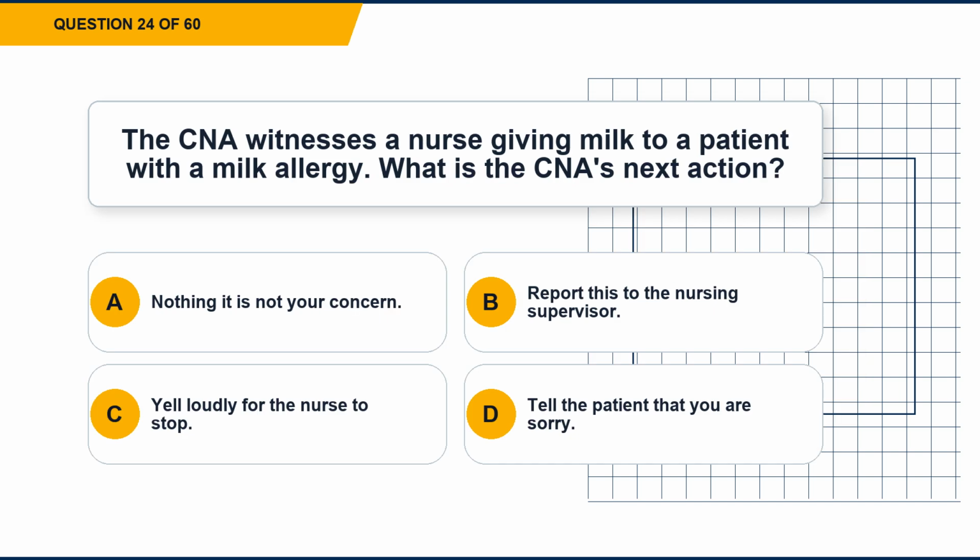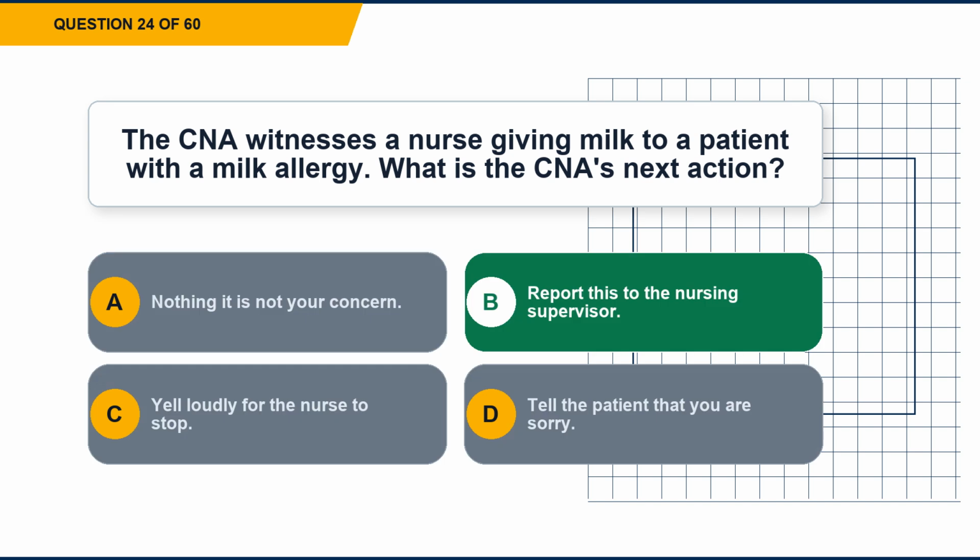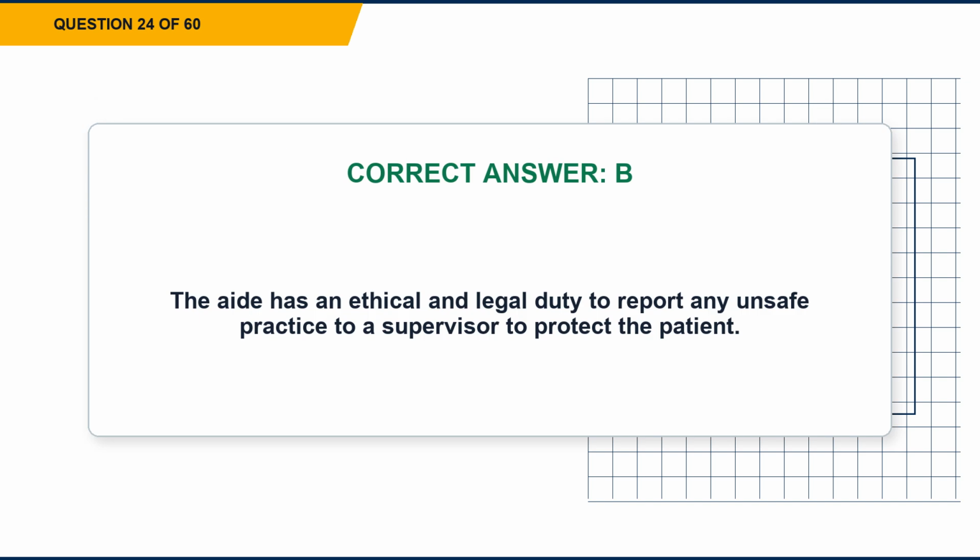Question 24. The CNA witnesses a nurse giving milk to a patient with a milk allergy. What is the CNA's next action? Option A. Nothing, it is not your concern. Option B. Report this to the nursing supervisor. Option C. Yell loudly for the nurse to stop. Option D. Tell the patient that you are sorry. The correct answer is option B. Report this to the nursing supervisor. Explanation. The aide has an ethical and legal duty to report any unsafe practice to a supervisor to protect the